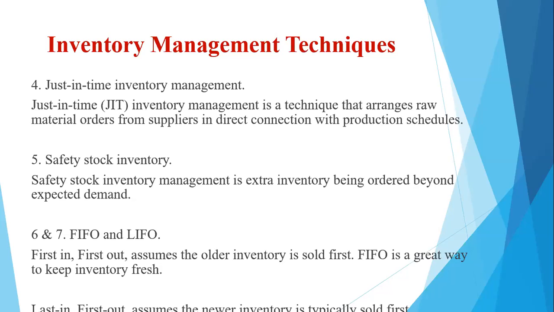So the safety stock level could be set up to 50. So it's an extra inventory being ordered beyond the expected demand. Now, this technique is used to prevent the stockouts typically caused by incorrect forecasting or unforeseen changes